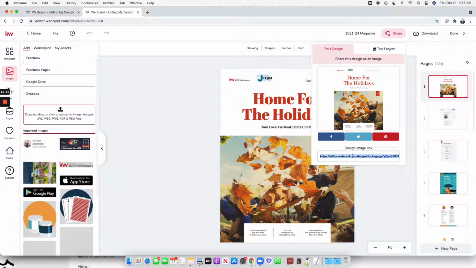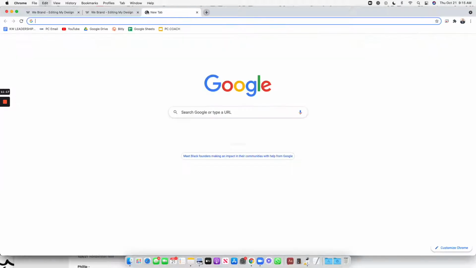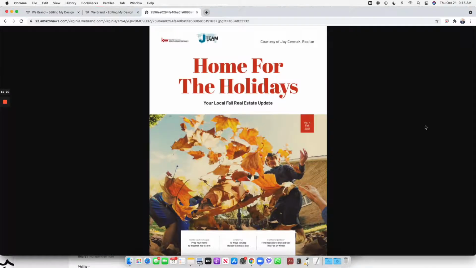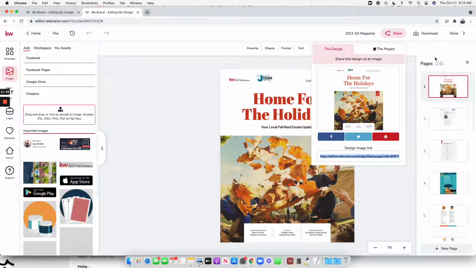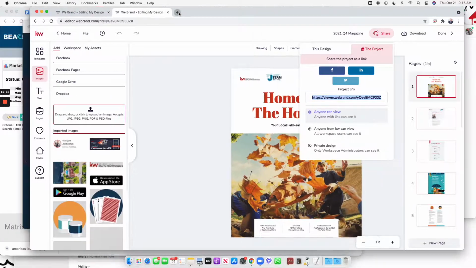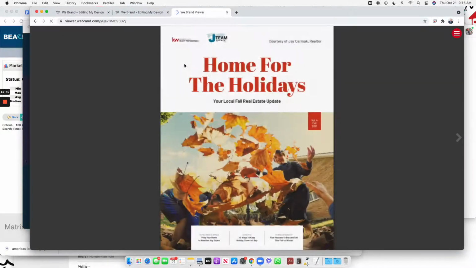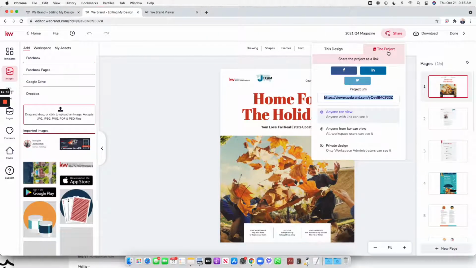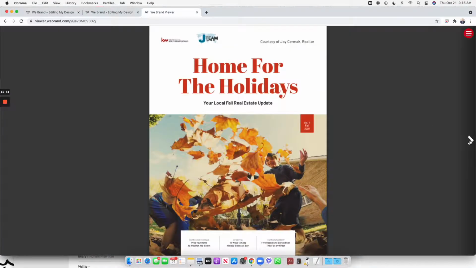So if I just share this design and we open this in a new window, here we go. This now becomes a magazine that they can click through, right? So they can scroll through and look at each of those pages. So I've got to come here to the share. There we go, this project, anyone can view. I think that's the one I want, is the project link. There we go, because this will now give me, that's what I was looking for. So project link, so share this project, and it's going to give you a link that you can post online,